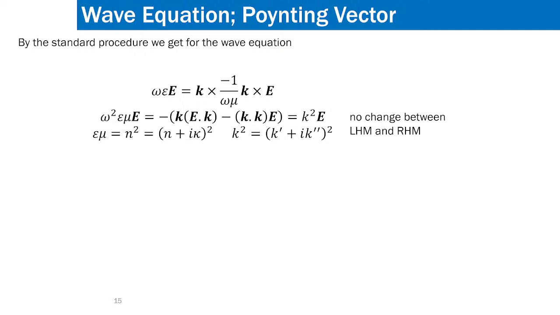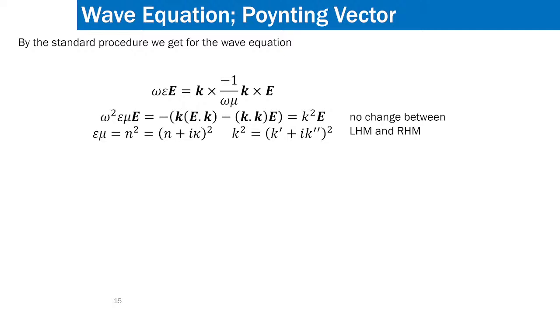The second term is minus k dot k, which is k square. So minus k square E, and we have a minus outside the bracket, so that makes it k square E. So omega square epsilon mu E is equal to k square E, where epsilon into mu is n square,